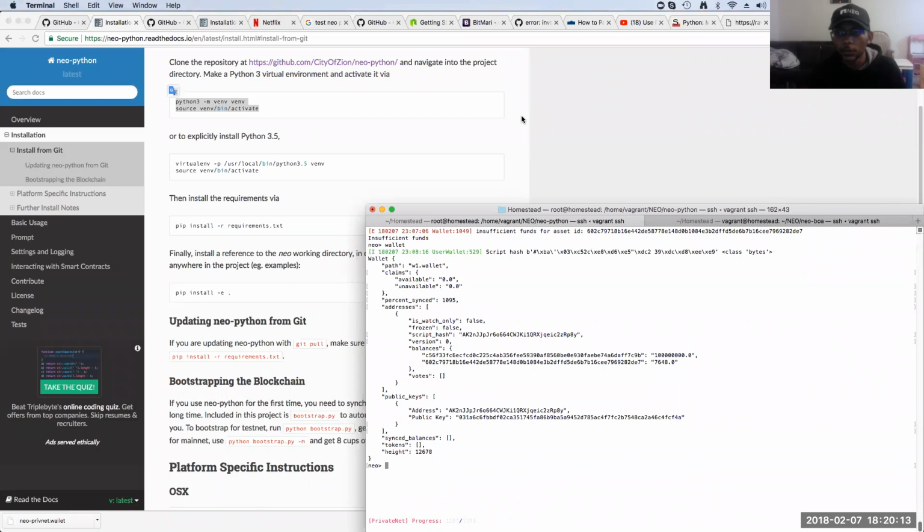So what I went ahead and did, I'm a big VM guy, and I use Docker. So I used one of my VMs, which already had Python 3 installed, and I downloaded NeoPython and NeoBoa. Now, what are NeoPython and NeoBoa? NeoPython is the Python SDK